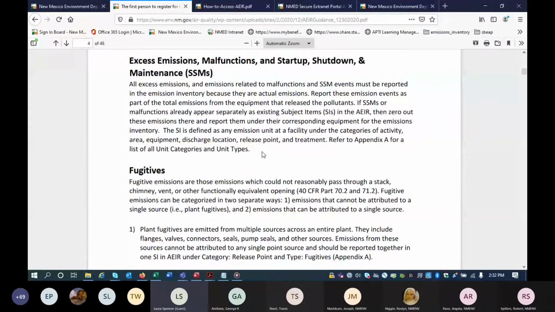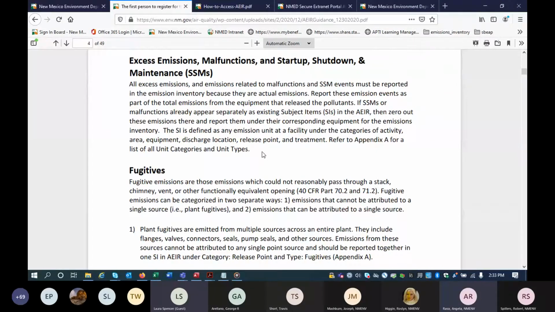But at a lot of our facilities, there's just one process unit called Engine 1, and it is actually the compressor and the engine. So there's not actually blowdowns from the engine itself, it's from the compressor. And so that's a little confusing with your modeling for the engine when it's actually the compressor blowing it down. And that's why they're normally grouped as SSMs in one process unit to not go over permitted limits.